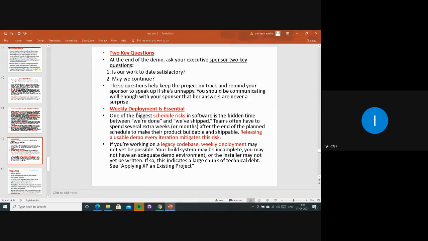And next, weekly deployment is essential. Weekly deployment is essential. One of the biggest schedule risks in software is the hidden time between "we are done" and "we have shipped," right? So here we have to focus on the schedule and, according to the plan, deliver the project or product on time. Why? Because here we are promising the customer that we will complete your project